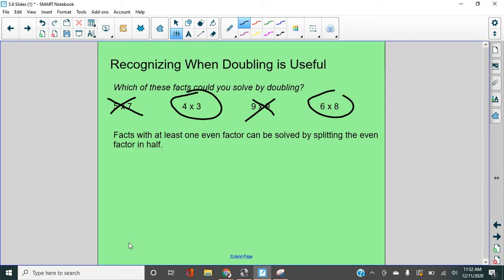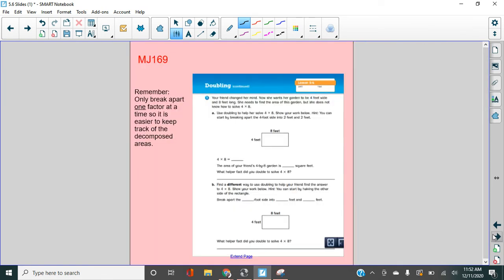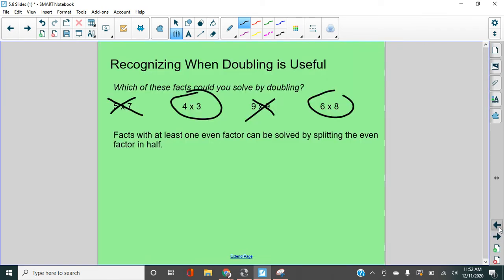Let's split one of them in half. Let's say we're going to cut 3 in half. Let me make sure that this isn't the same one on the next one. All right, good. It's not. So 6 times 8 is the same as 3 times 8 and 3 times 8. And why? Well, if you have 6,